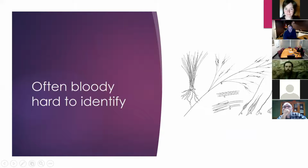In a nutshell, it's bloody hard to identify it. Even when you've got your eye in, it can look very, very much like a native poa, or other native grasses, especially at various stages of its life cycle. There are certain tricks to help identify it, but like I say, even if you're really good at it,